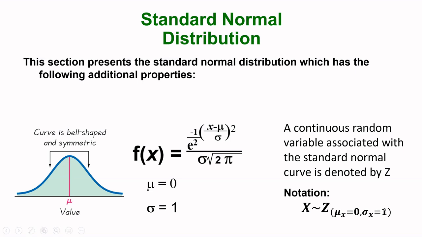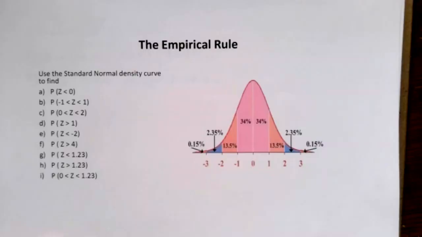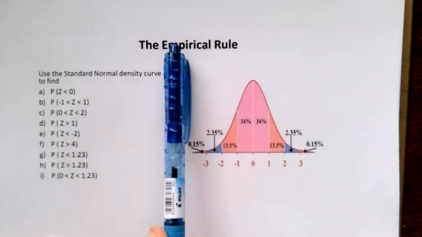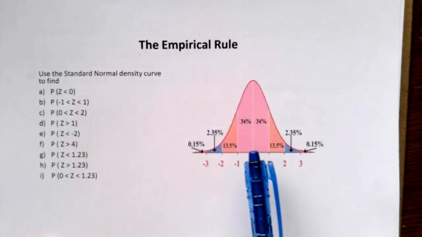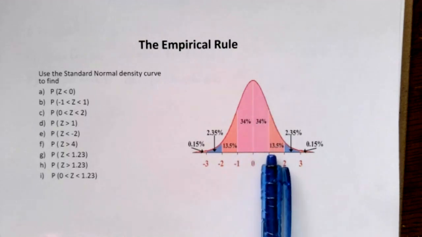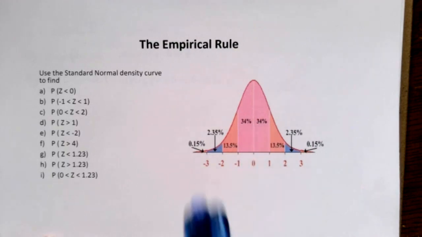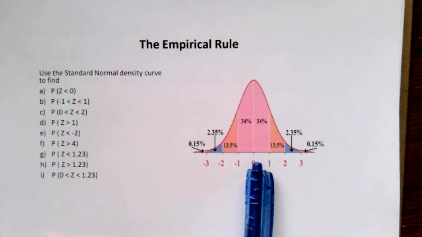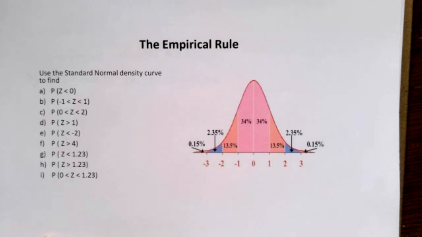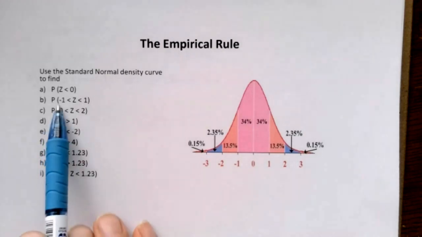Now, how do we calculate the values? Let's talk about that. So here's our standard empirical rule that we already know. We know that between the mean and within one standard deviation to the right, we have 34% of data values. So the probability that a randomly selected X is going to be between 0 and 1 standard deviation is 34%, and between -1 and 0 is 34%, and so forth. This is what we already know. Now let's use this information to calculate some of these